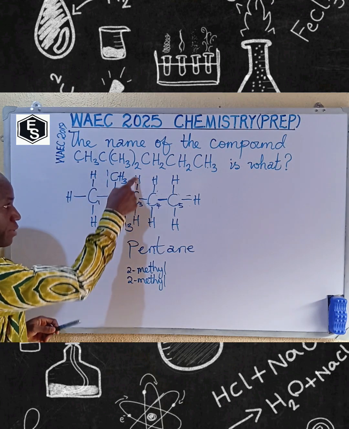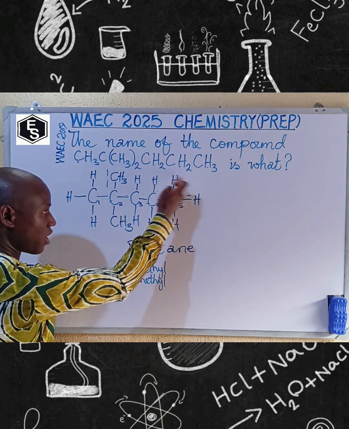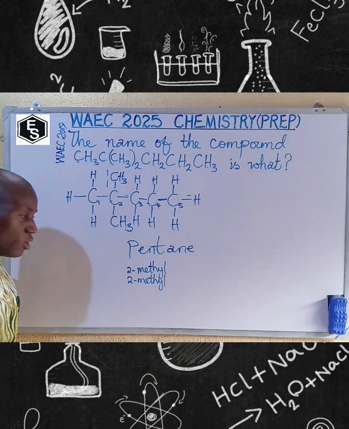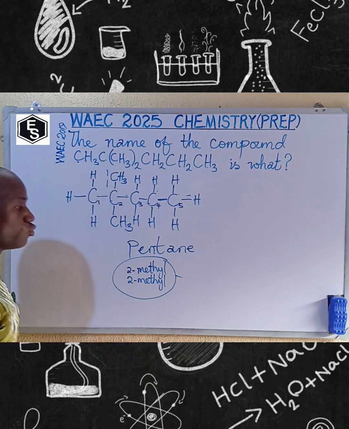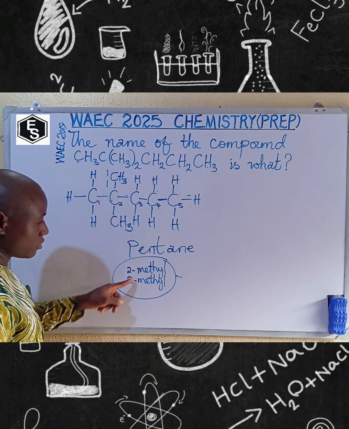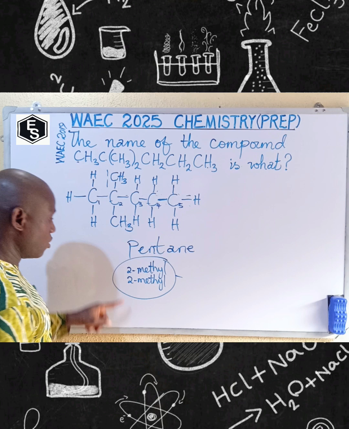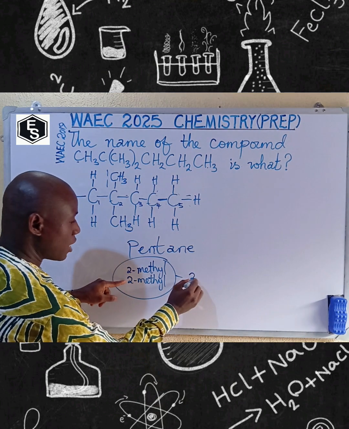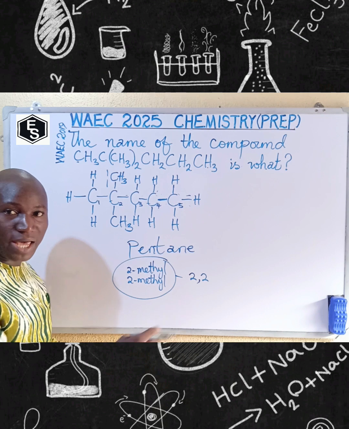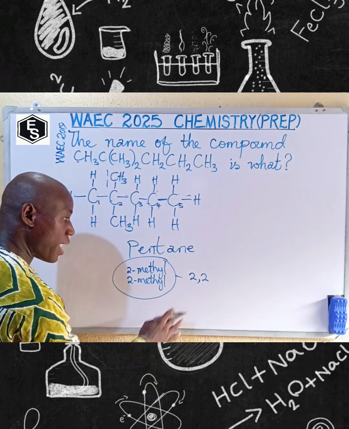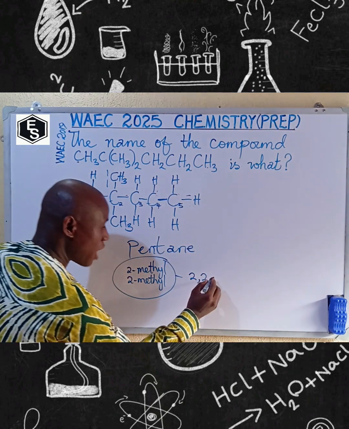At carbon 3, is there any branch? No branch. Carbon 4, any branch? No branch. Carbon 5, is there any branch? There is no branch. So these are the only branches located at carbon 2. To simplify this, because it is the same methyl that is appearing more than once, we now write the number 2 and then comma 2, because between number and number it is comma, but between number and letter there is hyphen. So 2,2-